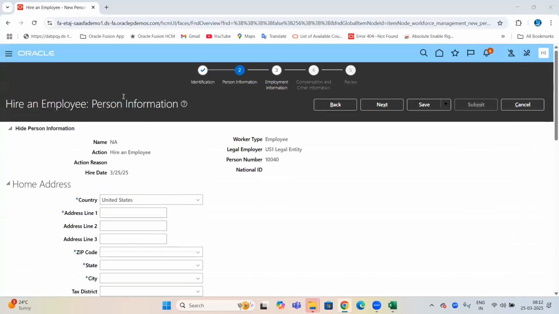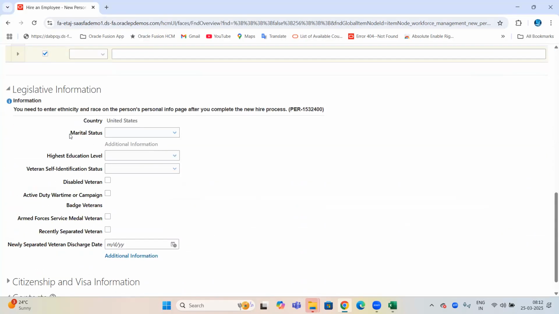On every page, for example, I am on the hire an employee screen. It could be any screen in the Fusion system. Whatever Oracle delivered standard fields are there, if a field comes with a list of drop down values, they are called as lookups, and we have the